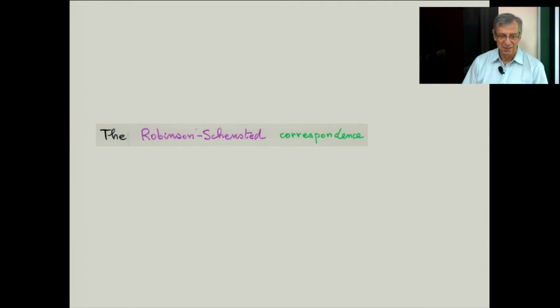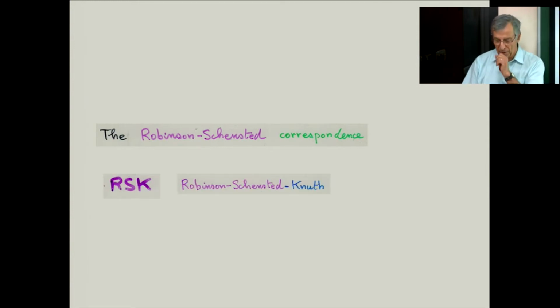So we will start with this in these classes. This is the main example of the cellular ansatz. We'll put this very classical subject under the roof of what I call the cellular ansatz. And there is an extension of the Robinson-Schensted correspondence to permutations with repetition of letters. This extension is due to Knuth. So this is called the RSK, the Robinson-Schensted-Knuth correspondence. Usually you will see RSK everywhere. There are many papers in algebraic combinatorics using this RSK. This is a very classical, very important topic.